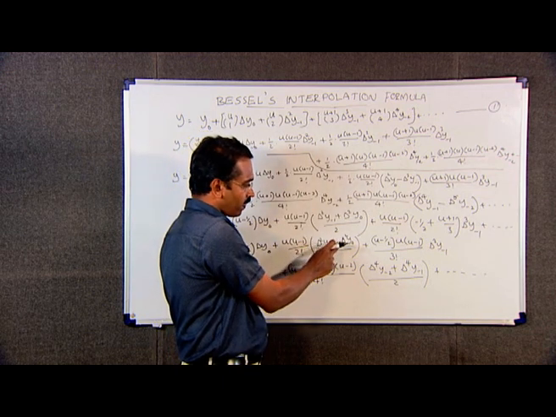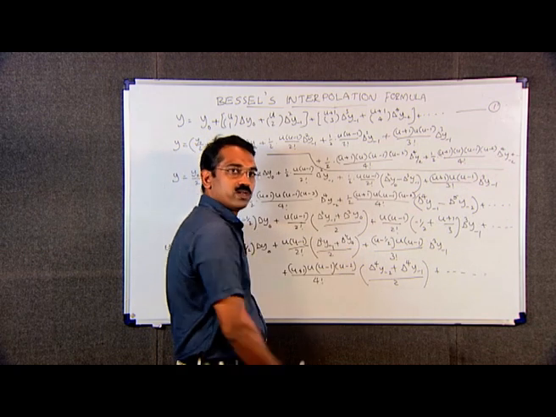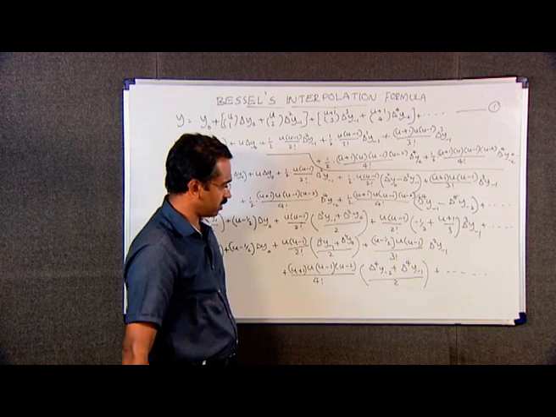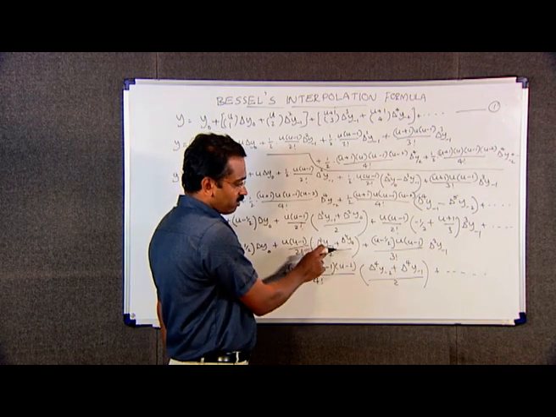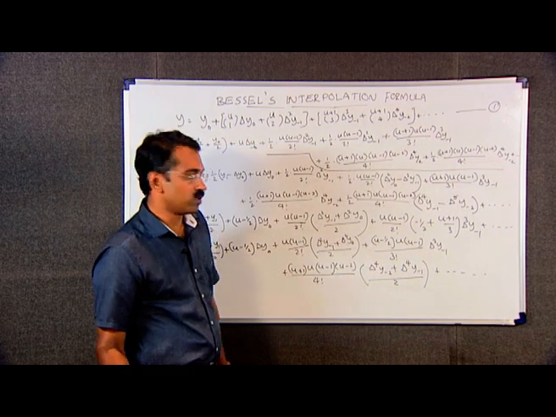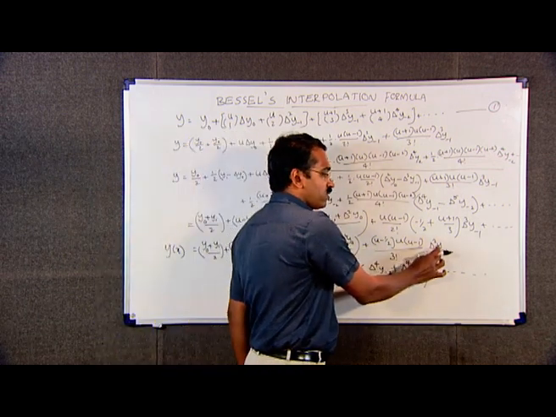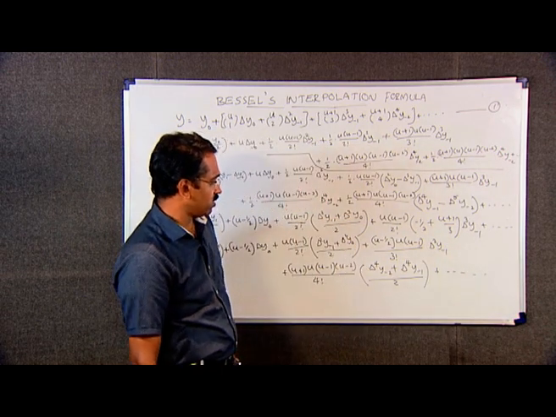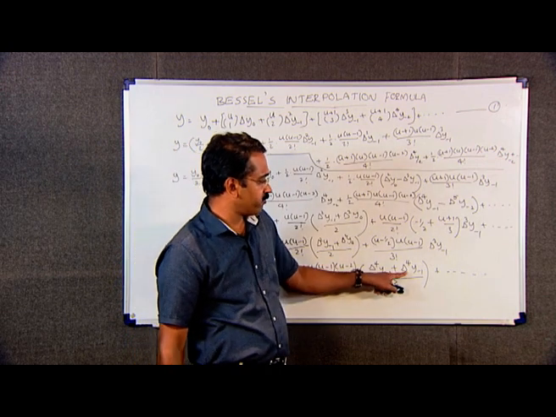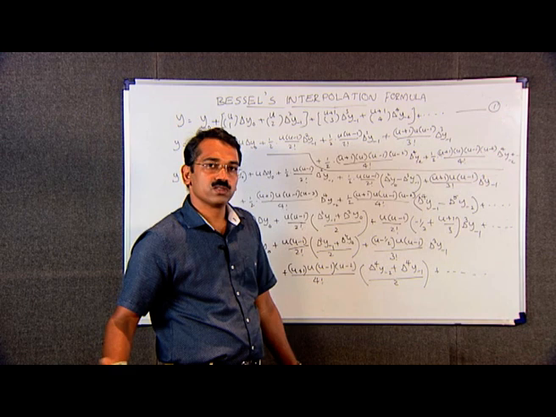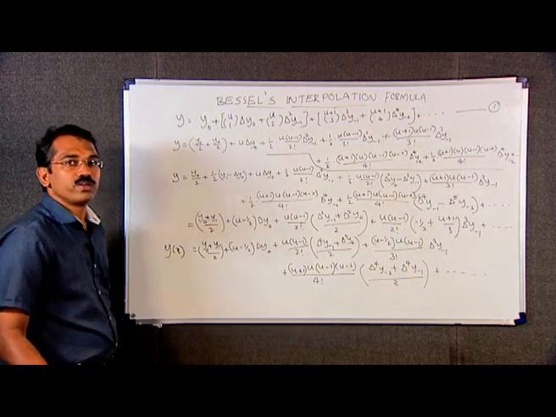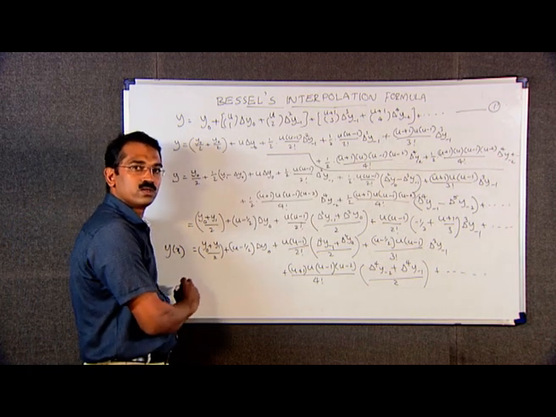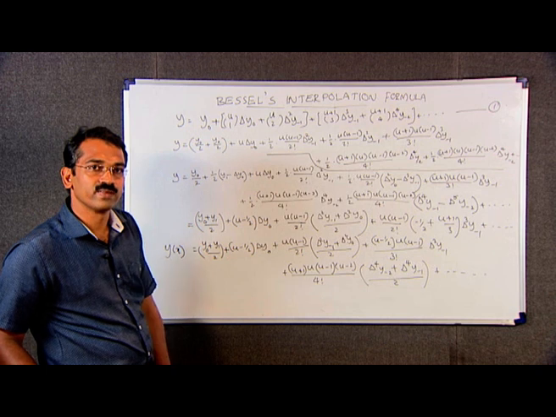In the next term there are 2 even order differences, taken as the average of these 2 even order differences, that are delta square y minus 1 and delta square y naught. In this term, this is delta cube y minus 1, which is an odd order difference, and in the next term the average of 2 even order differences, and so on. If we draw a central line, that means a line about x naught y naught, then